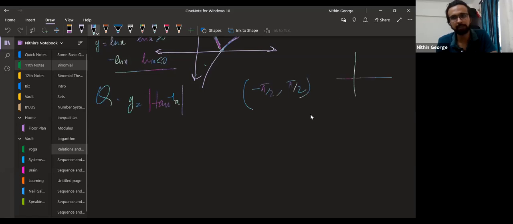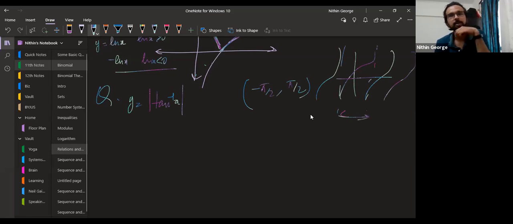Tan, you know, is a function that keeps on repeating. Such functions are called periodic functions. So we really don't find inverse for periodic function. So we just find the principal domain, and within that, we find the inverse. So y equal to mod tan x. How do you draw that?